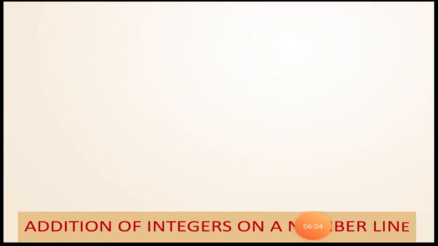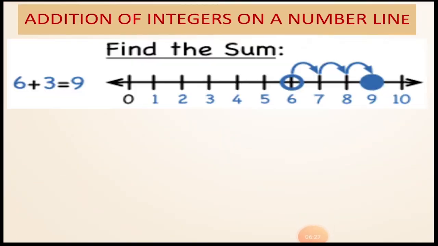Fine. Now come to the addition of integers on a number line with some more examples. Here, children, we are going to represent 6 added with 3. As we know, both are positive integers, so that will give us a positive number only, that is 9. So draw a number line and mark all the integers on it, and from 0 always we start. The first integer was 6, so we have reached 6 here. Then next to 6, how many more steps do we have to take? 3 more steps, in the same direction. By doing so, you have reached 9 here.